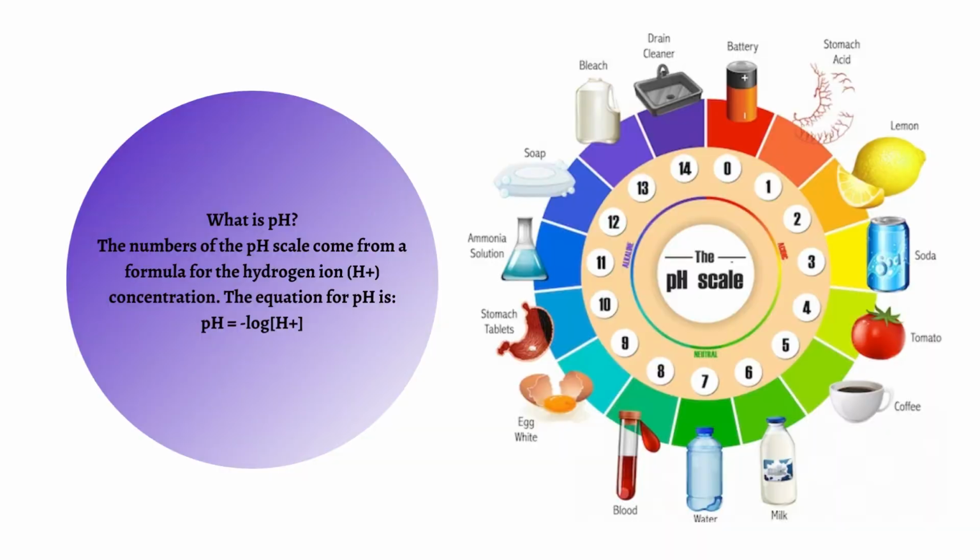For example, litmus paper. Solutions with higher concentrations of hydrogen ions have a lower value of pH, and as we have just learned, they are considered acidic. Solutions with lower concentrations of hydrogen ions have a higher value of pH and are considered basic. Acids furnish hydrogen ions, whereas bases furnish oxygen-hydrogen ions.